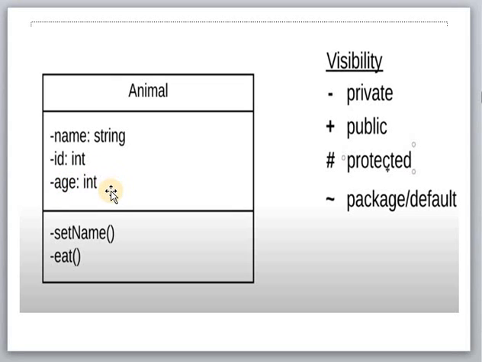So as you all can see in the given diagram, name, ID, and age are private data members of this particular class, which is called the animal class. A private data member can be used only within the class in which it will be described. We cannot access such attributes from anywhere outside